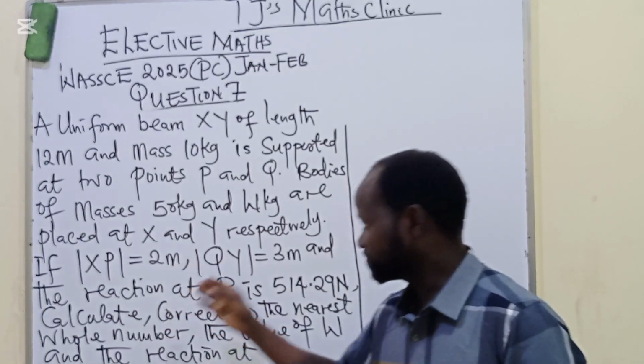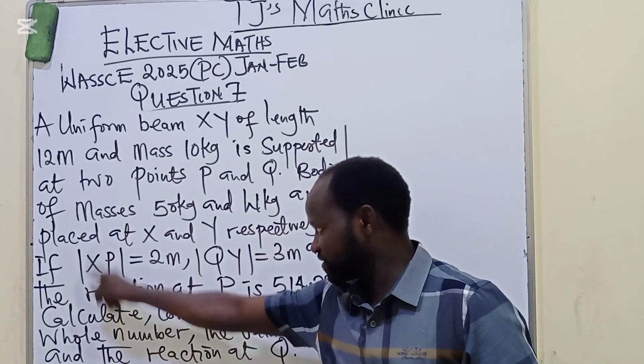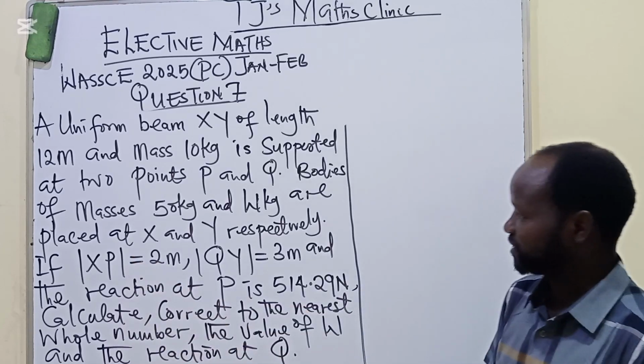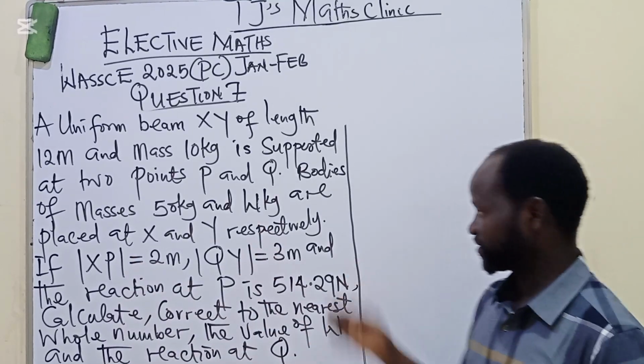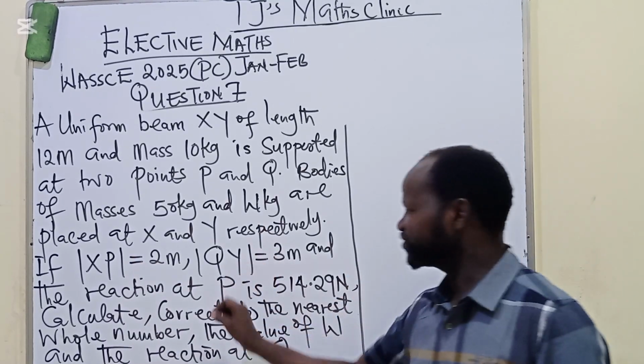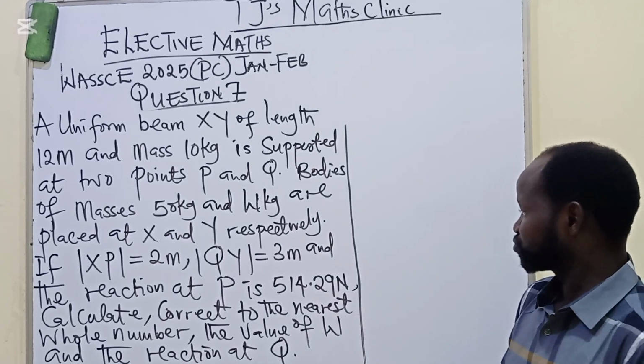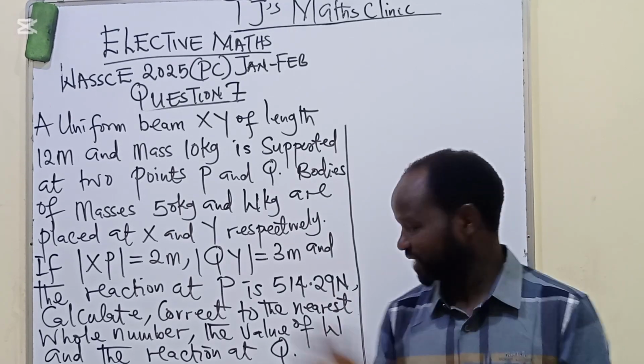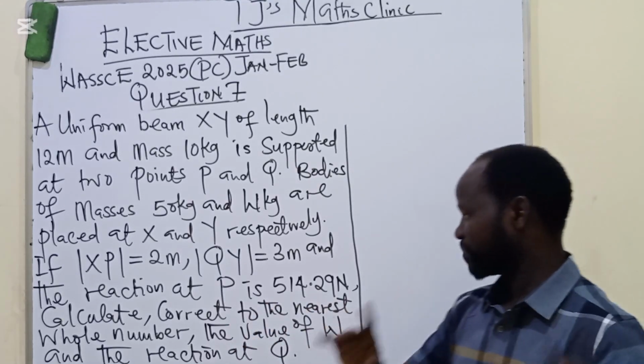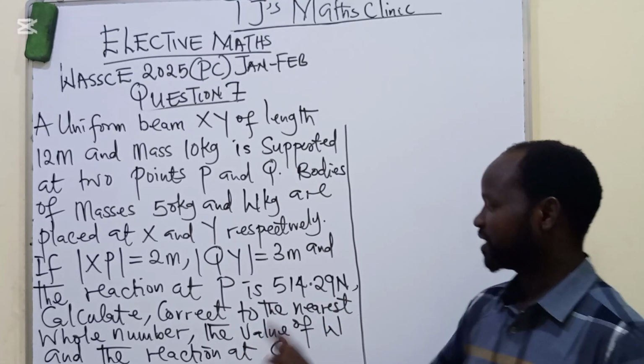If length XP is 2 meters, length QY is 3 meters, and the reaction at P is 514.29 Newton, we are asked to calculate, correct to the nearest whole number, the value of W and the reaction